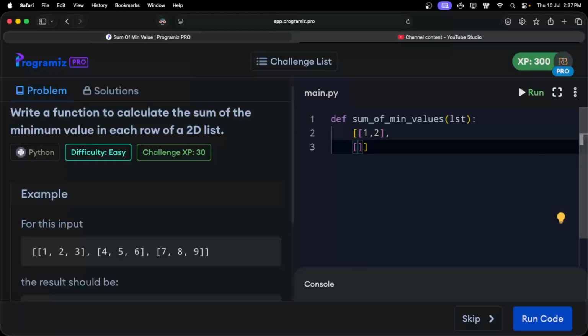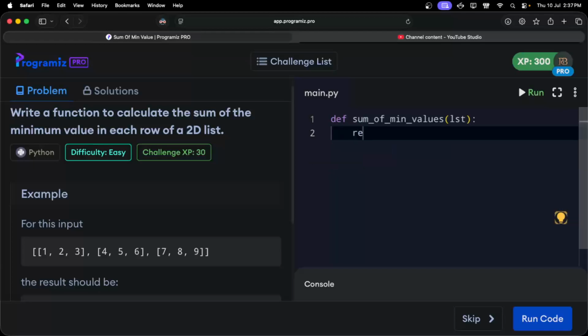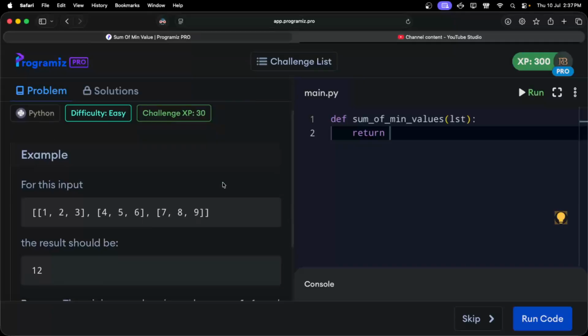Okay, so it's not what? It's not column wise, but it's row wise. Okay, it says for each row, right? So this is easy. Remember we did something similar, and then we can use list comprehension. So our result should be a sum, okay? So sum should be there. Okay, got it. And then what we need to do